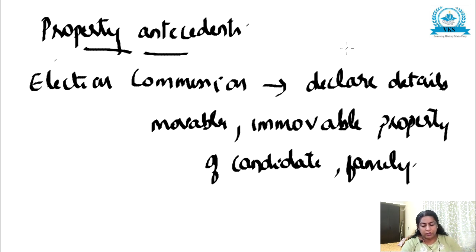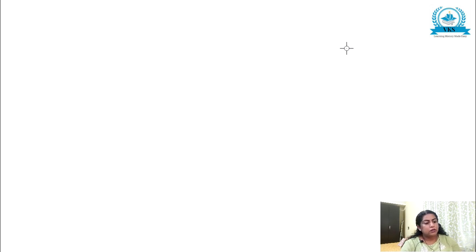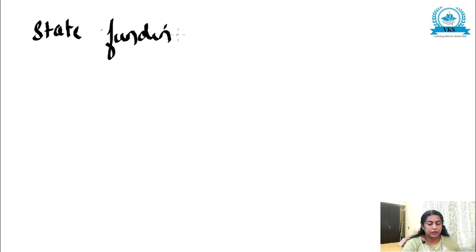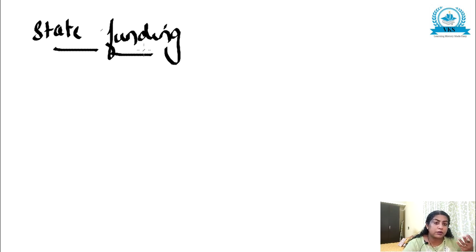So next we are going to a different topic. That is, the next topic is regarding the state funding for elections. Okay, next topic is regarding the state funding. An educated person with high caliber and social concerns fails to get into election due to lack of fund. See, some people are there who are educated, having high caliber, but they cannot contest the election mainly due to